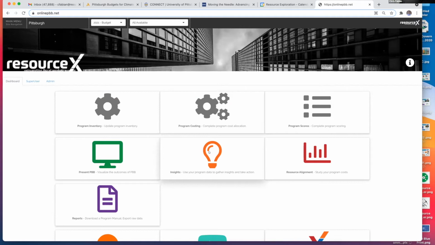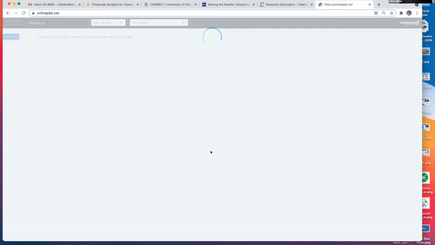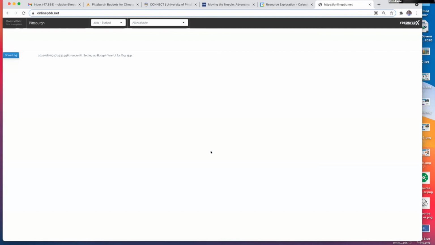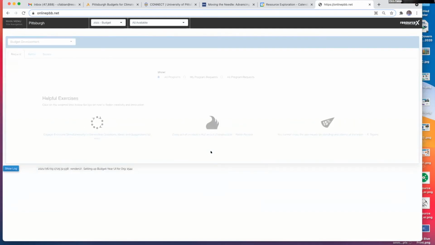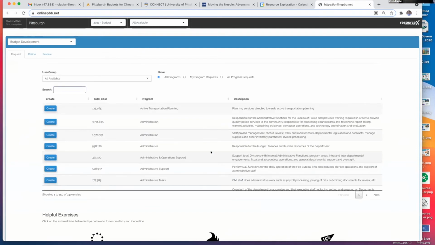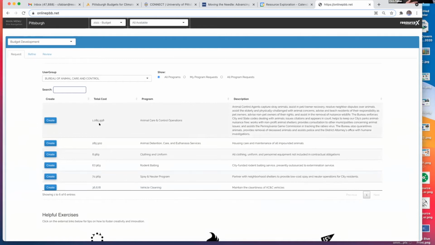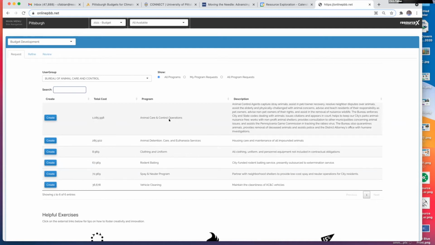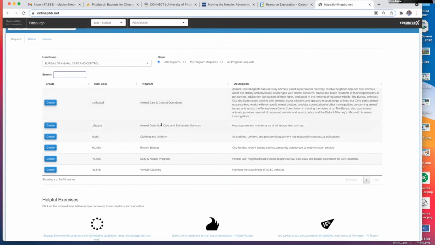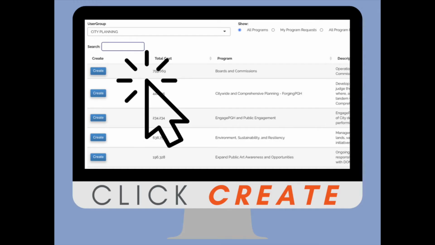The Insights light bulb, which is our portal for all the various requests on programs that we can put together. So again, whether it's outside of the budget or directly within the budget, this is where we go. If I were to go back to Bureau of Animal Care and Control, here's my program inventory. So I'm a department and I'm now approaching budget development. And I can go and find, here's animal care and control operations, animal detention, care and euthanasia, and so on and so forth. If I wanted to add a request, I create my budget request and I come in, and